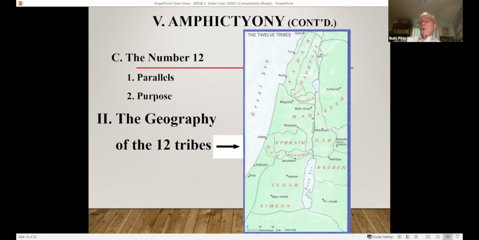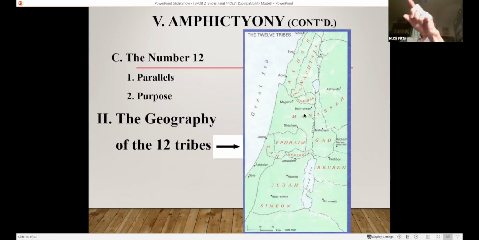Now, the dominant ones, you'll see Judah in the south. You see Judah, there you go. Now come right up, just one up from that. You see Benjamin, that's not a dominant one, but Saul is going to come from there and David from Judah. So it's going to be that tension there. Now come right on up to Ephraim. There's Ephraim. The north is often simply referred to as Ephraim because that's the strongest of the tribes of the north.